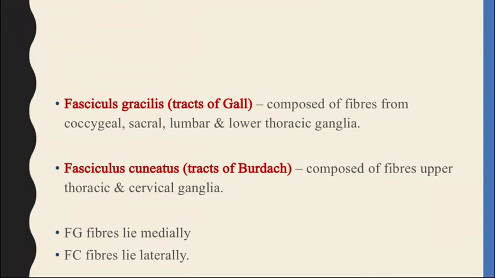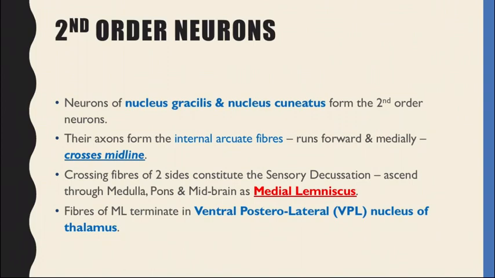These fasciculus gracilis, this is just the theoretical part, is also called the tract of Goll, and fasciculus cuneatus is called the tract of Burdach. Fasciculus gracilis lies medially, cuneatus lies laterally, that we have covered. If we go into detail, the same thing we have covered is written in these slides. So, the second order neurons originate from nucleus gracilis and nucleus cuneatus and they cross the midline,